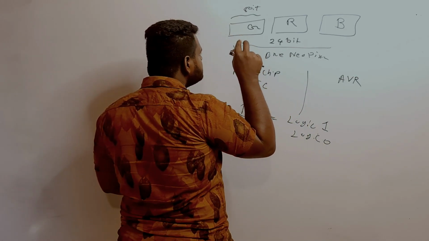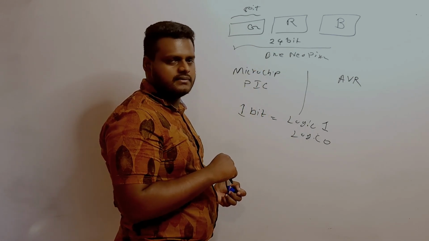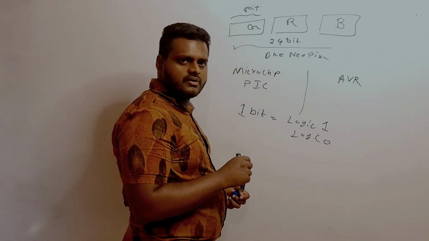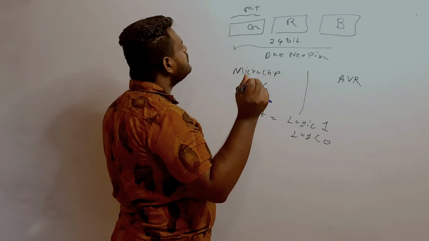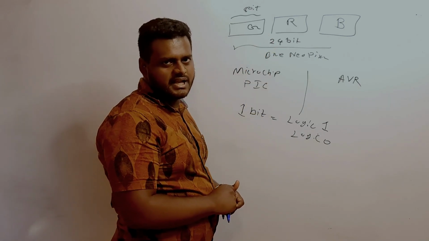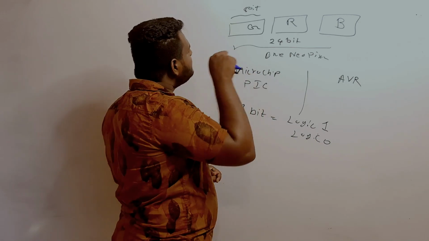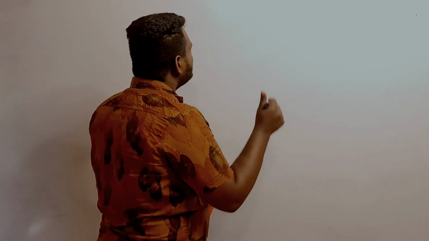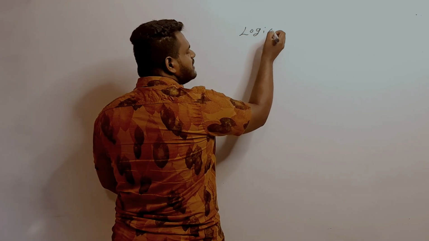But in these NeoPixels, we cannot write like this. We have to use another way, because there's no easy way to write this GRB value. We have to use some serial data communication to enter all this data into the pixel. Considering this data writing, so in the